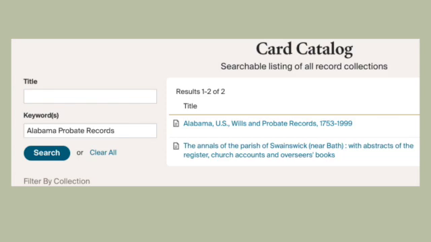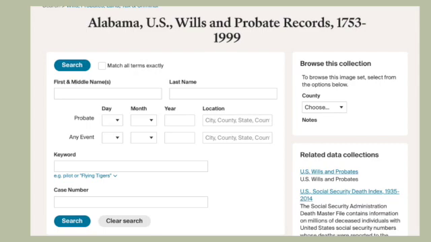And then I'm going to click search. And then Ancestry has some Lauderdale County courthouse probate records. Not all of them by any stretch at all, they don't have all of them. But you'll see it brings me to this page, Alabama, U.S. Wills and Probate Records, 1753 to 1999. Well, go over here to county and then scroll down to Lauderdale,